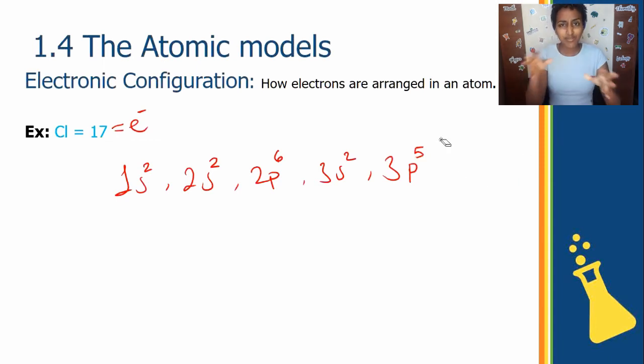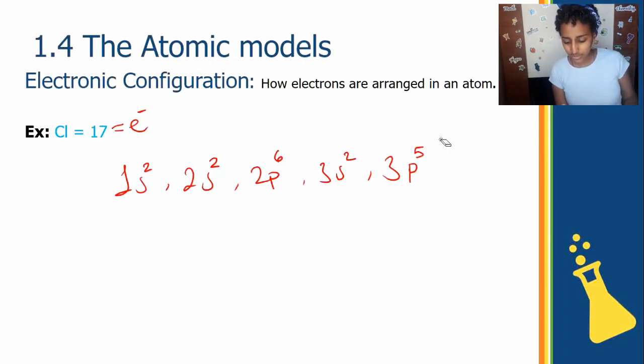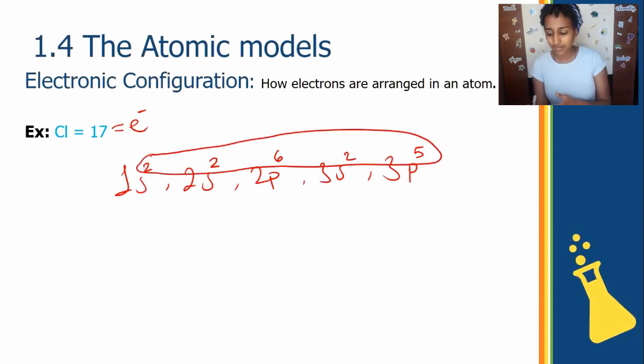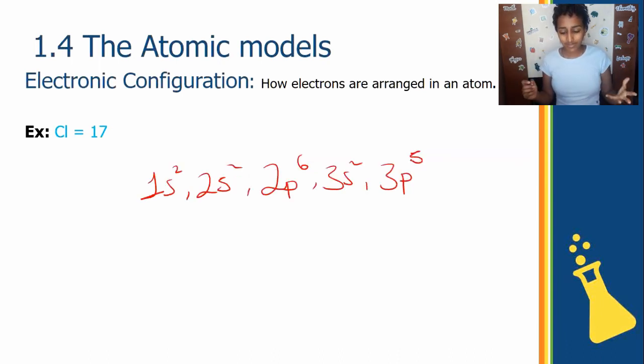So you can use any method you want in order to get the sum of the top elements, or the sum of these electrons right here. Any method you want to get this sum to be equal to 17, okay? So that's the whole point, or whatever the atomic number of the element may be, right? All right, so what does this mean, okay? We see that we have 1s, we have 2s, we have 3s. So we know we have the 3 energy levels. There's no 4. We have the first, the second, and the third energy levels, okay?